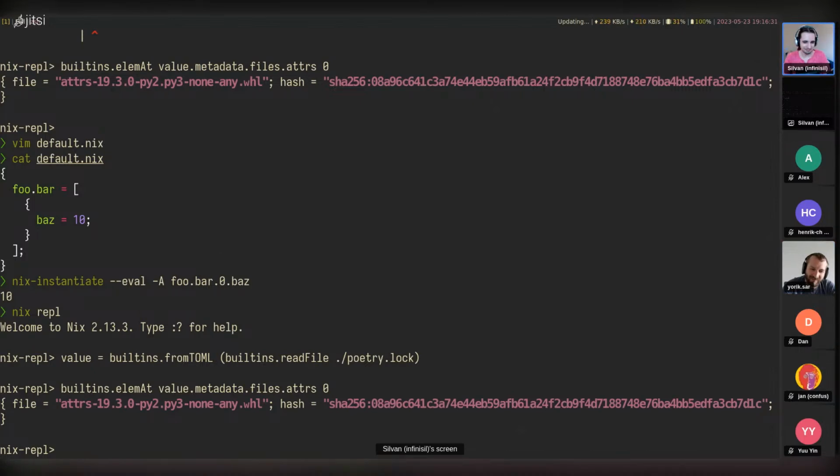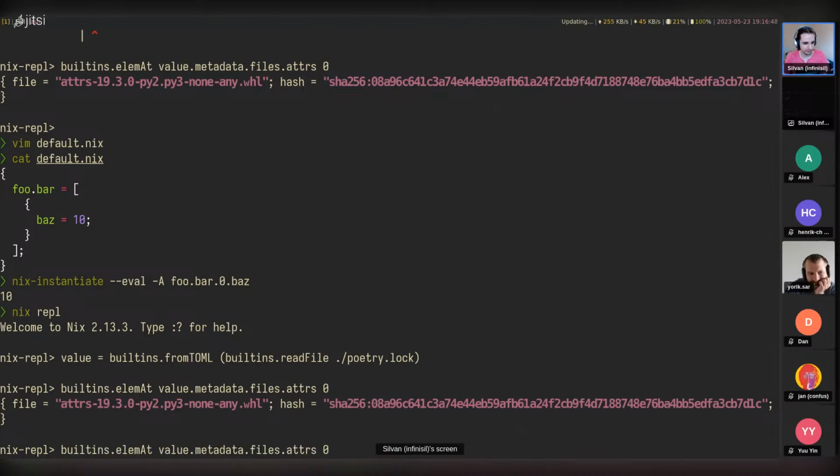Don't ask me why. If I had time, I'd make an RFC to also allow this as list element access. I think this would be fairly good in the Nix language as well and wouldn't conflict with anything else.